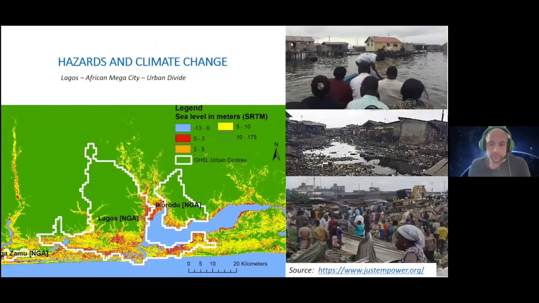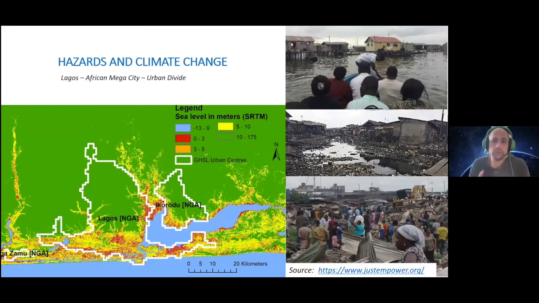Also, when it comes to other facets like climate change, we see here in Lagos that the most vulnerable population, the slum region, is really living on the areas most likely to flood, let's say in the bottom of the city, while the residents in the wealthier, more affluent regions are at higher elevations, which affects other things like malaria, like epidemiology, like vector-borne diseases. So the location, also the physical characteristics, have a very strong connection with the socioeconomic outcomes.